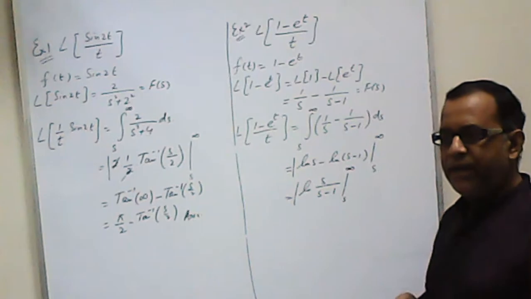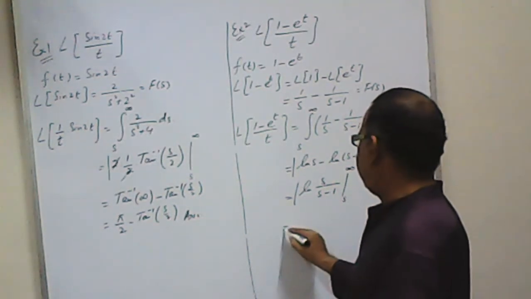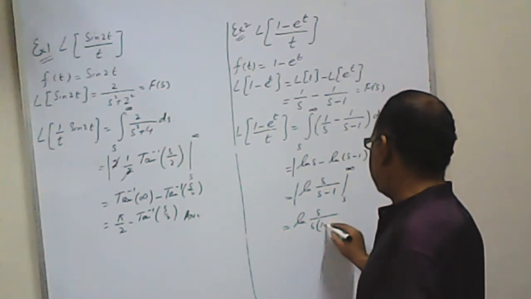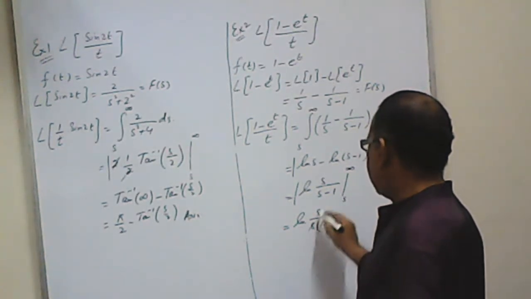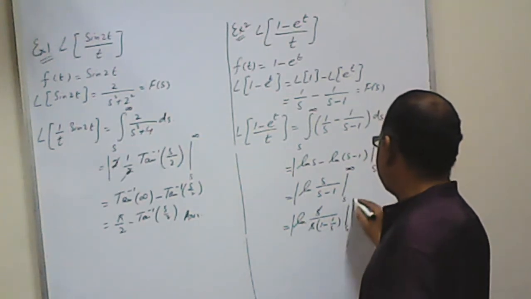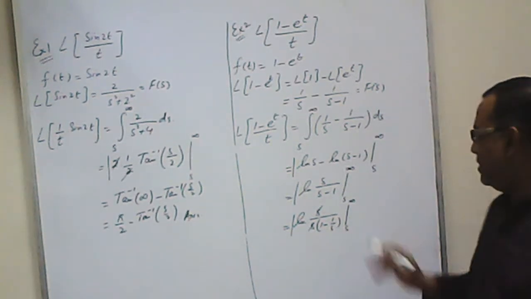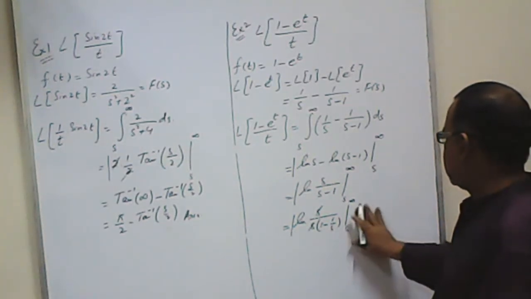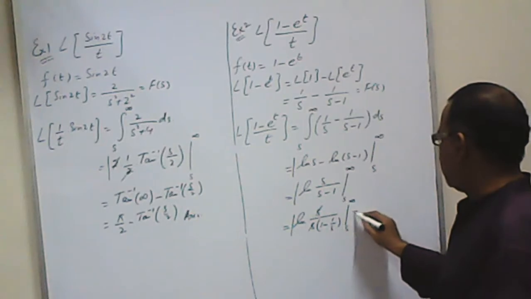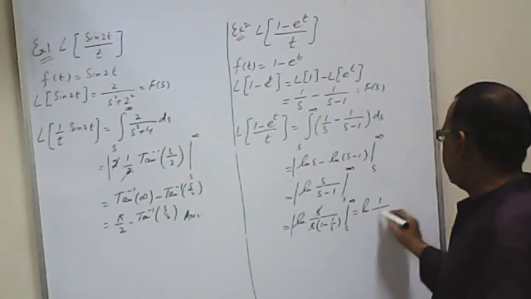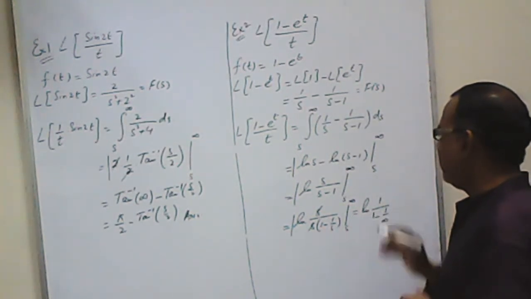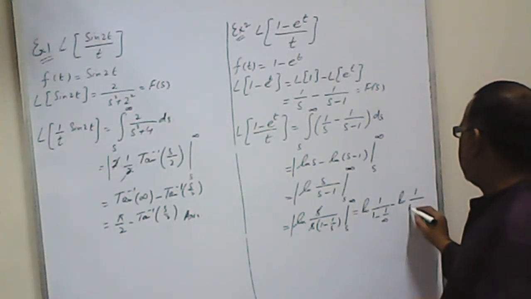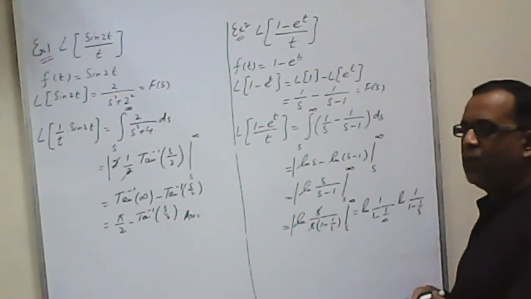But still it is an indeterminate form. So if I simplify it, that log of s, keeping s common, 1 minus 1 over s, I cancel s with s, so it becomes s to infinity. Now this is the position when I substituted the limits, that is, if I substituted upper limit, that is log of 1 upon 1 minus 1 upon infinity, this is the upper limit, then minus log of 1 upon 1 minus 1 upon s, this is lower limit.